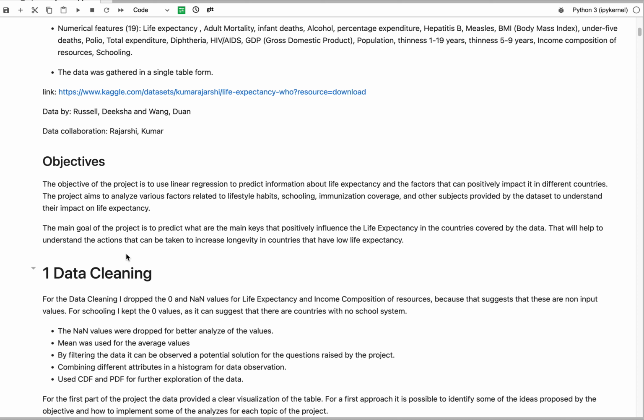The main goal of the project is to predict what the main keys are that positively influence life expectancy in the countries covered by the data. That will help to understand the actions that can be taken to increase longevity in the countries that have low